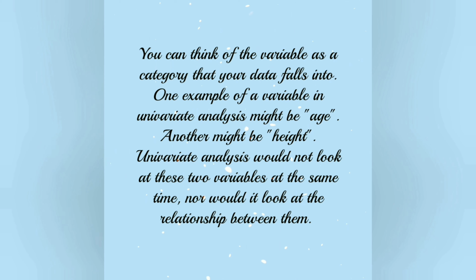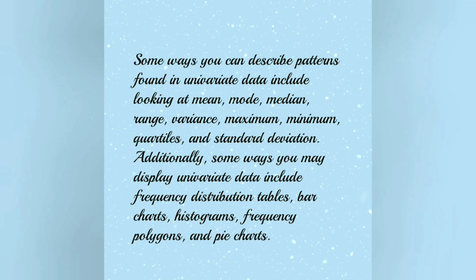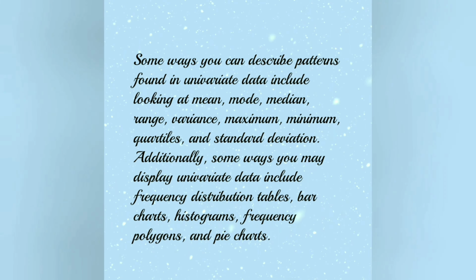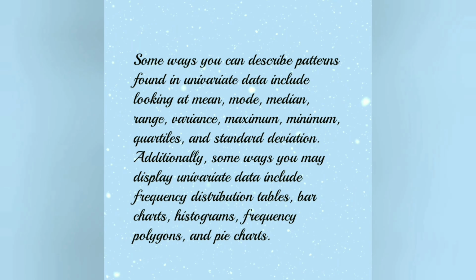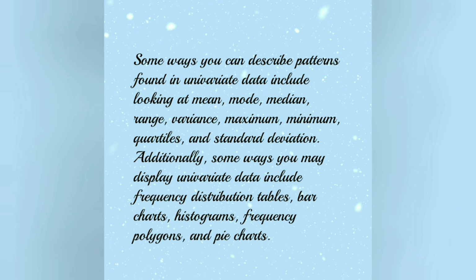You can think of the variable as a category that your data falls into. One example of a variable in univariate analysis might be age. Another might be height. Univariate analysis would not look at these two variables at the same time, nor would it look at the relationship between them. Some ways you can describe patterns found in univariate data include looking at mean, mode, median, range, variance, maximum, minimum,